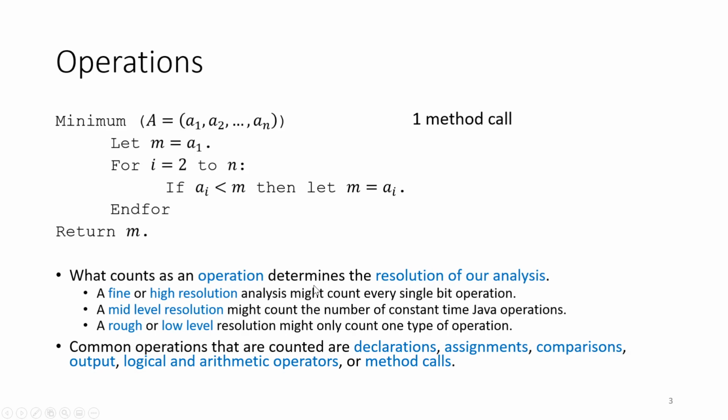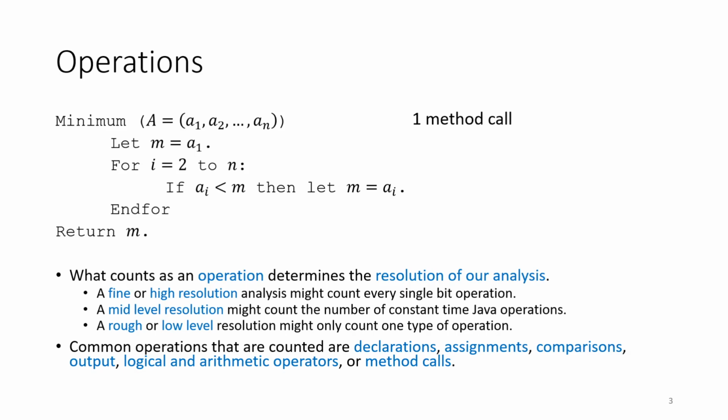And so I'm going to go ahead and do that and say, well, how many operations are there on each of these lines? Starting with that first line here, I'll say, well, that's a method call. Some of us might dig down a little bit into the details and say, well, what about passing in the arguments here? Does that take time? What's going on there? Now I'm going to, for the moment, say that that's all going to be one operation, but